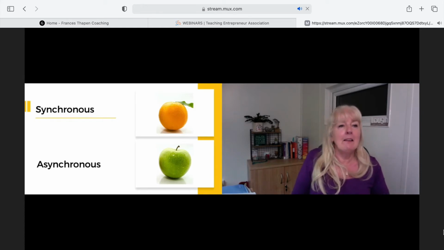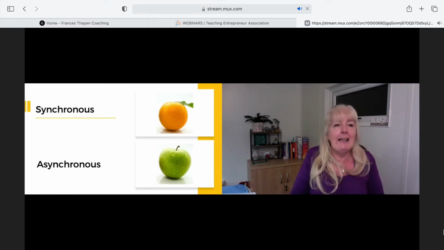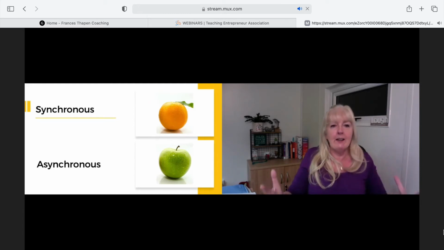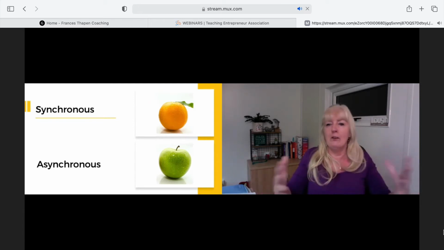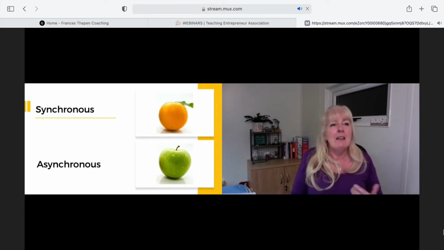But there are also some disadvantages. If people want to go on, they have to go on at a certain time, on a certain date, like this one, so that they actually get to interact with you as the teacher. It can be difficult for us as teachers to communicate when you're trying to communicate with 1 to 10 or 1 to 15, or it might even be more than that. That can be a little bit difficult. And also there can be, as I said before, a lack of attention.